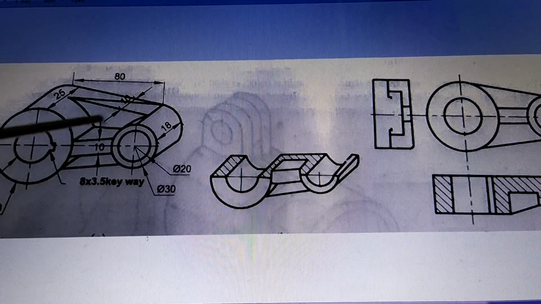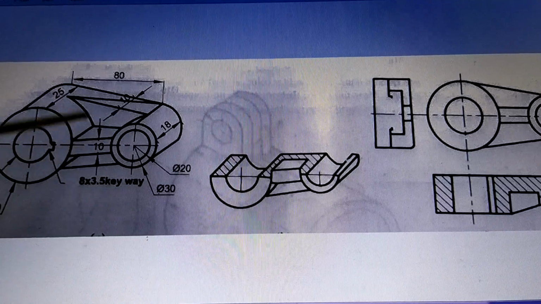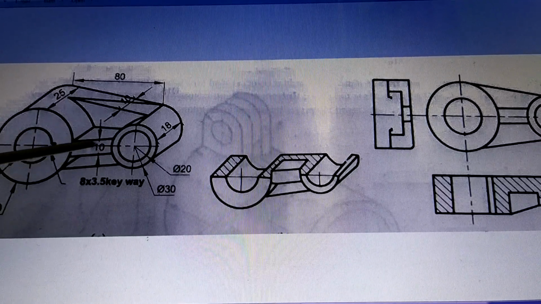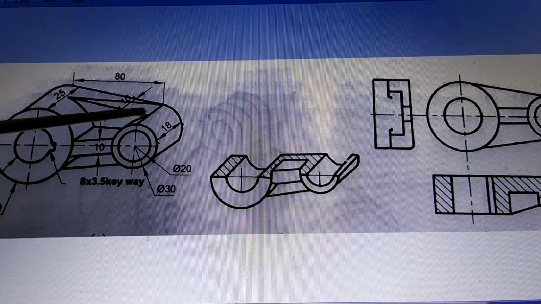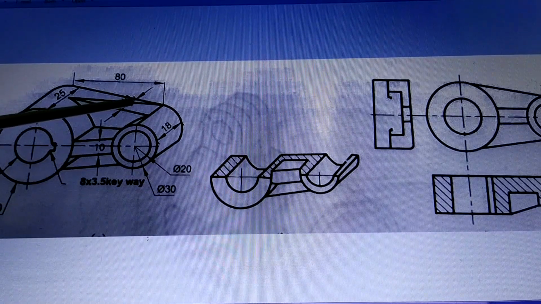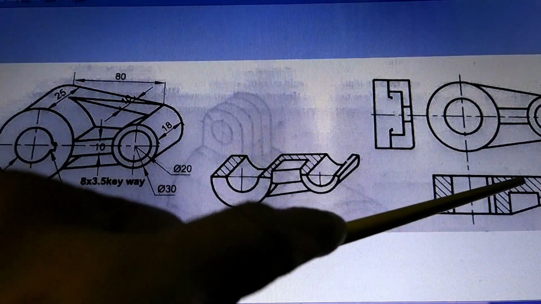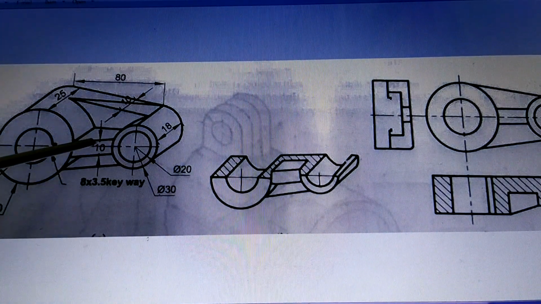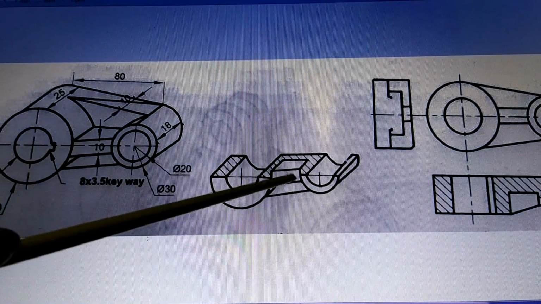So you can see here also there are two ribs. These two ribs are forming a T shape. So when you cut from here, this rib is cut along the plane, but this rib is cut along the thickness. So you can see the rib which is cut along the thickness is shown in section. This rib is cut along the plane, so this is not shown in section. It is like this.